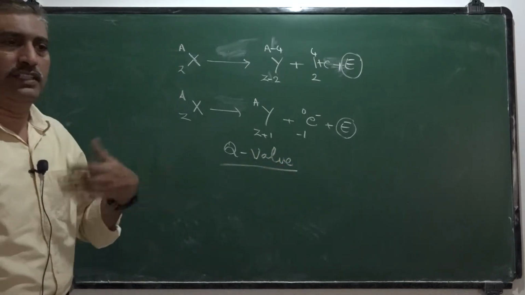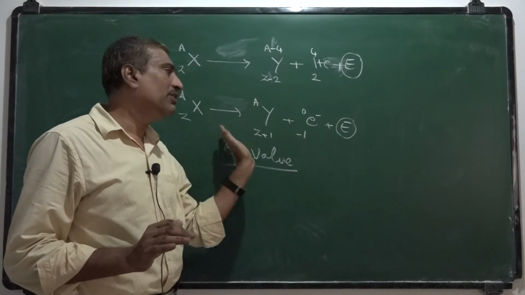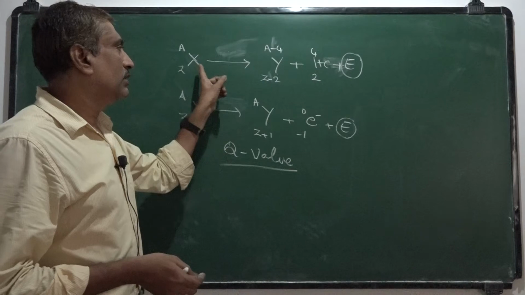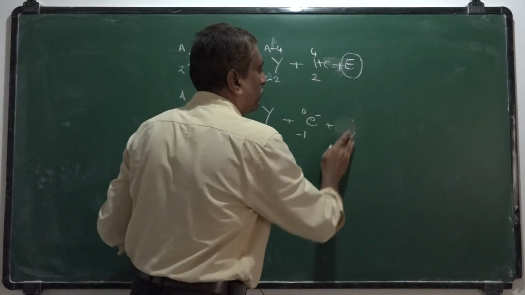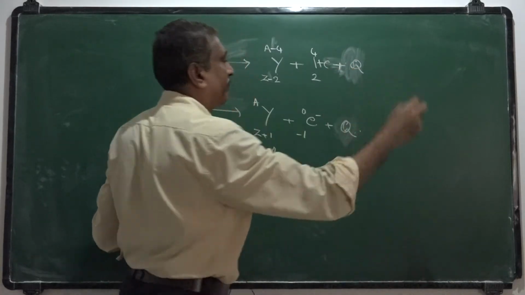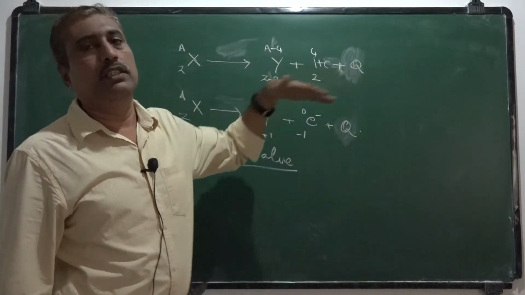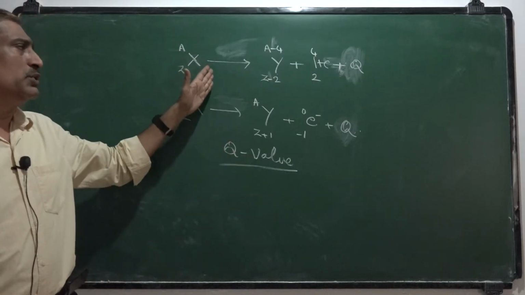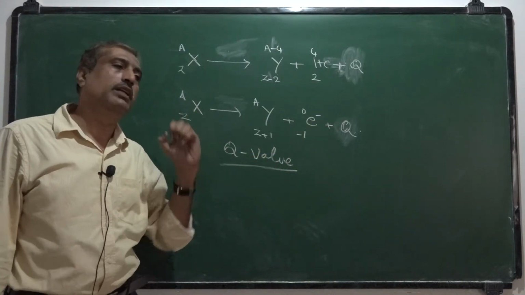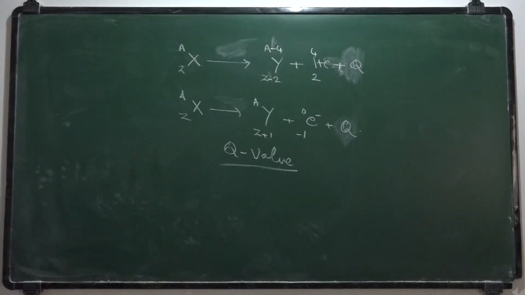Whenever in problems you come across the term Q value, it is simply the energy released in a nuclear reaction by beta decay or by alpha decay. You have to remember this. So now we can replace these E's by Q's. The Q value of a nuclear reaction means the energy released in a nuclear reaction due to the decay of an alpha or beta particle, called the Q value or disintegration energy. Now, some problems are asked on this basis.